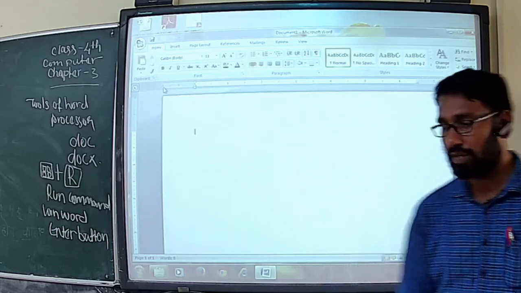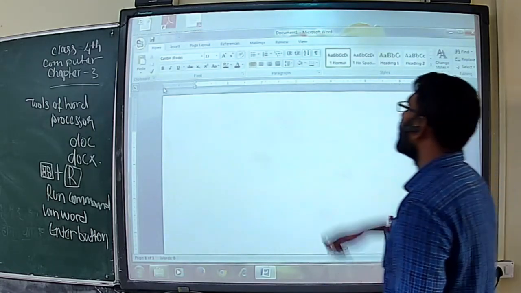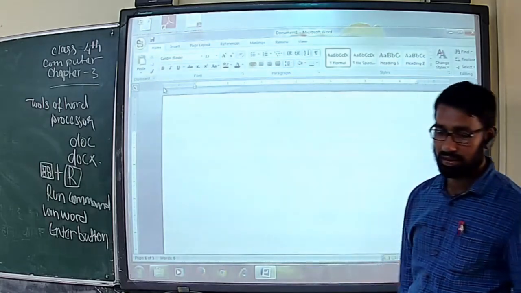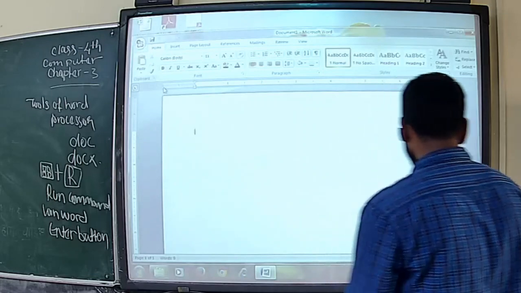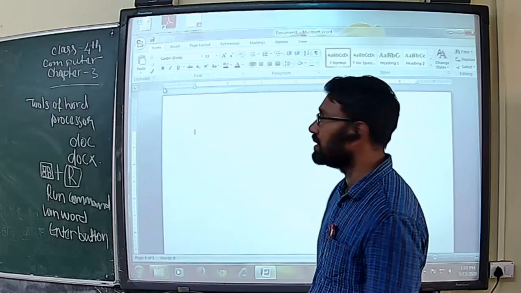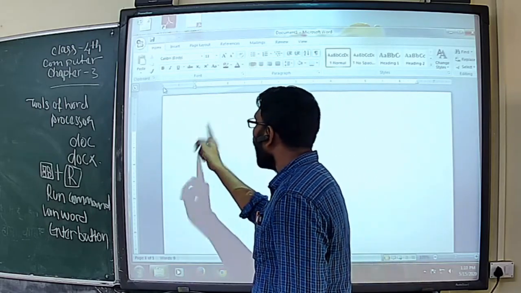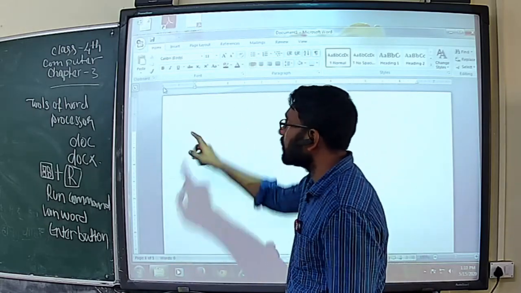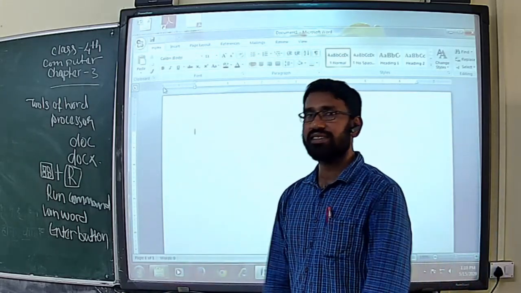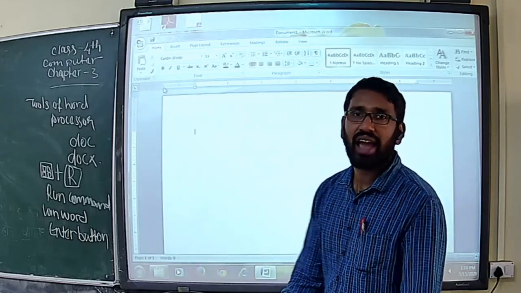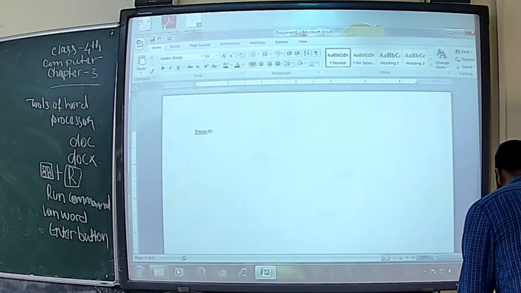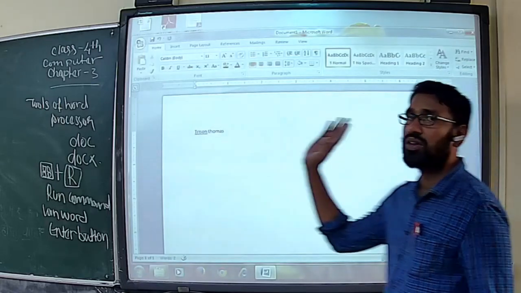Now we are going to learn what tools are listed on the Word application. Once we open Microsoft Office Word to start writing a document, there a small cursor is blinking. This icon is called the cursor. When it is blinking, it means I am ready for writing and editing. You can type whatever you like. For example, I am typing my name, Thomas.